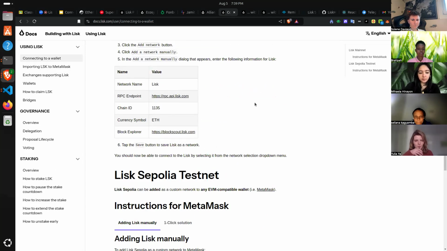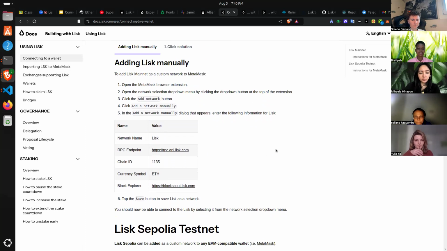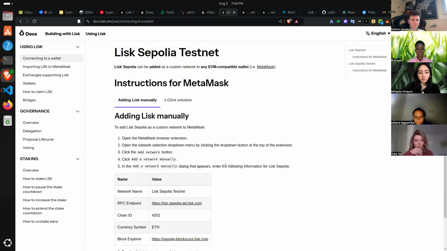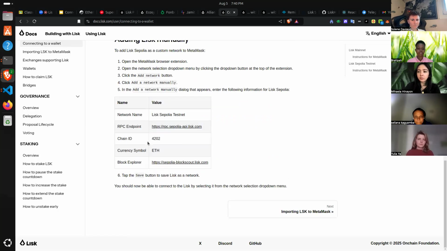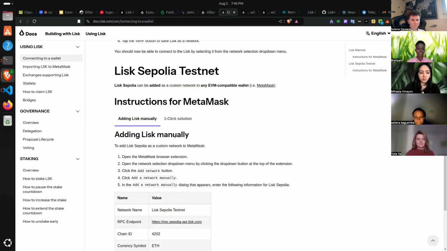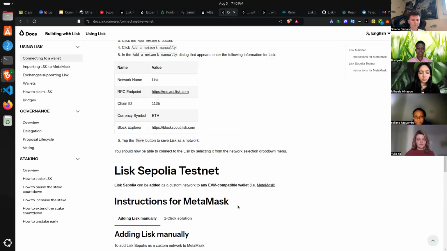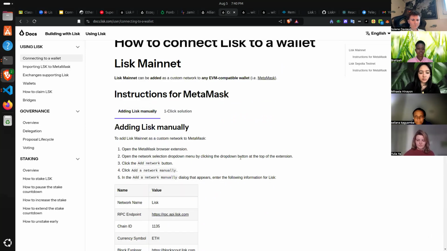Also, I'm sure that you know there's the mainnet side and the testnet side. The testnet side is where you can play around however you want. It's not real. You can have fake tokens and send them as much as you could, but on the mainnet, if you put any